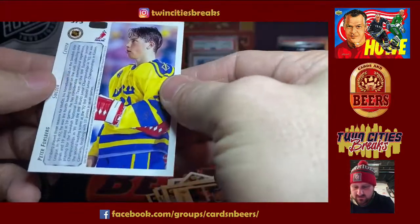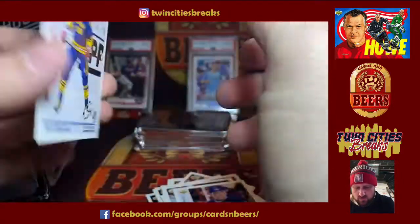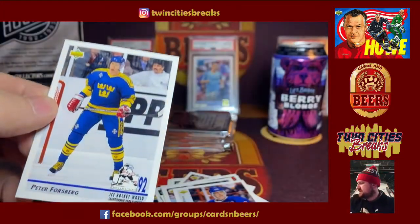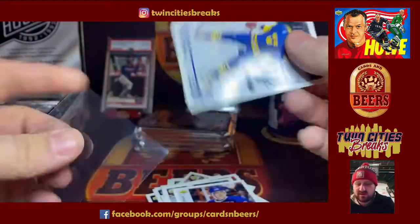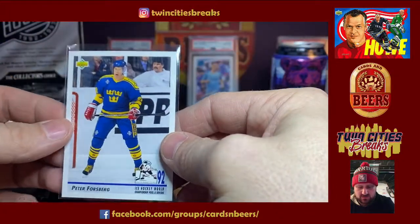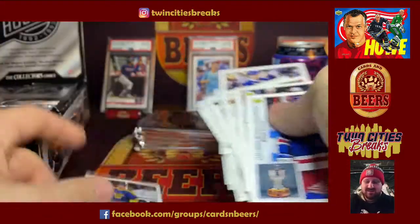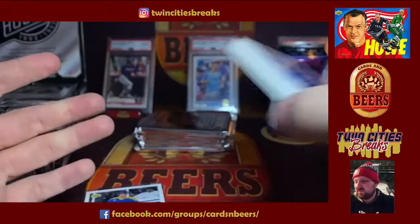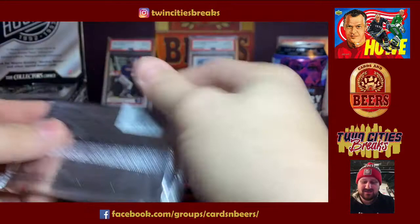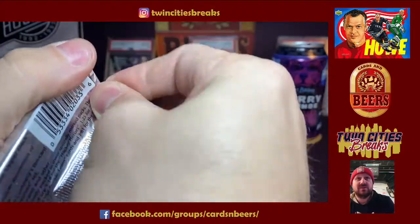So I mean, this card's kind of cool. I don't know if this is Peter Forsberg's rookie year, or if that's how this works. But Peter Forsberg's a stud. He's probably a Hall of Famer. So I don't know, maybe there's value to that card. Maybe it's $1. You only pay $19 for the box. It doesn't take much to make your money back. Dude, I don't know. I talked for the first part of the video, but...